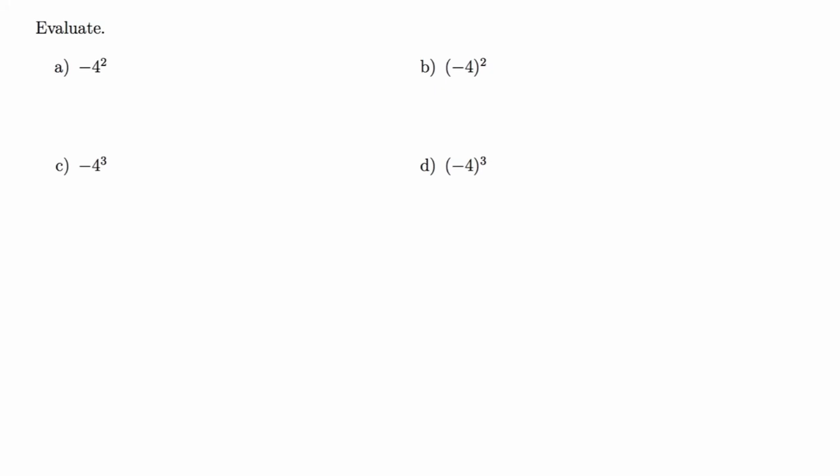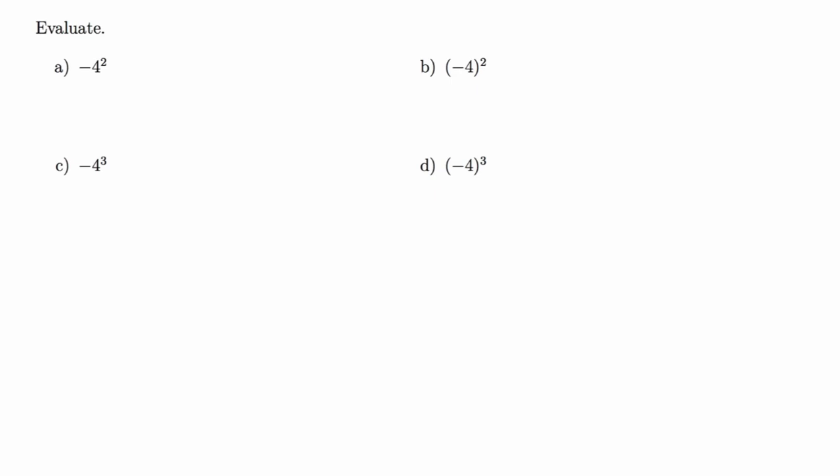In working with exponents and negative numbers, it is critical that we understand how parentheses can change the meaning. If we look at parts A and B, part A has a negative with a 4 and an exponent of 2, and part B has a negative 4 in parentheses with an exponent of 2. Because exponents only apply to what they are immediately next to or what they are touching, these two expressions have